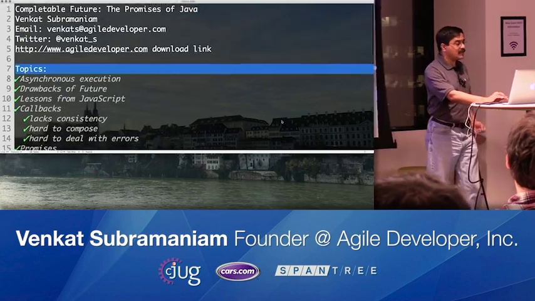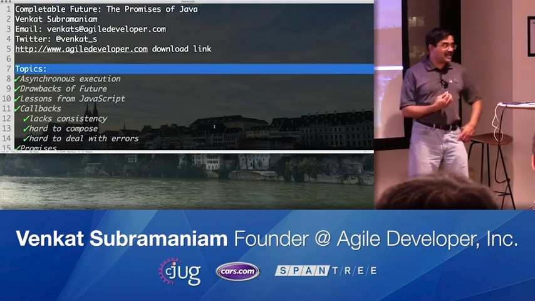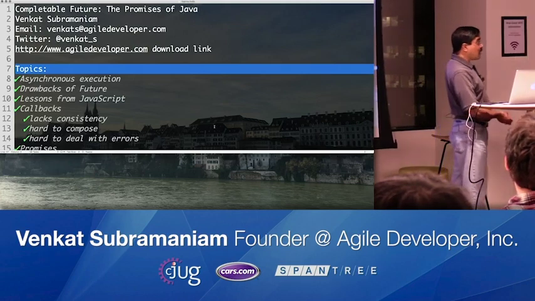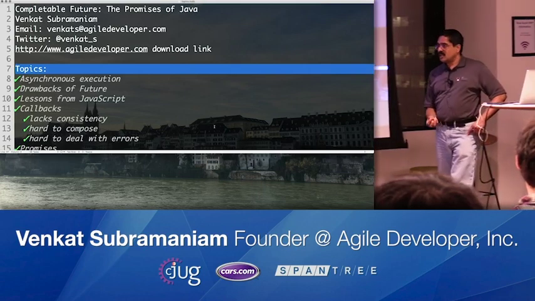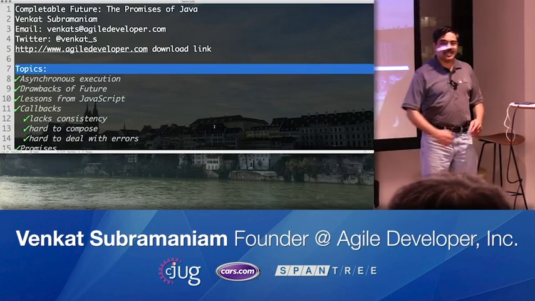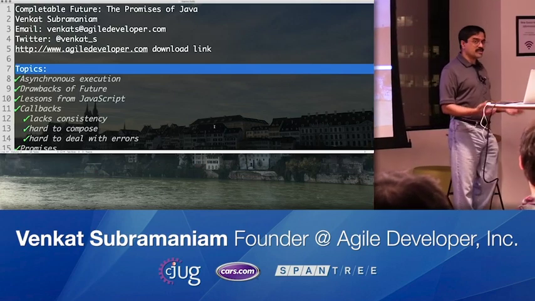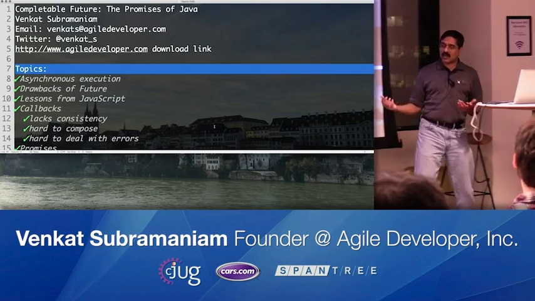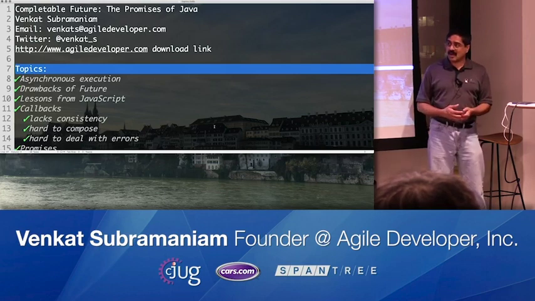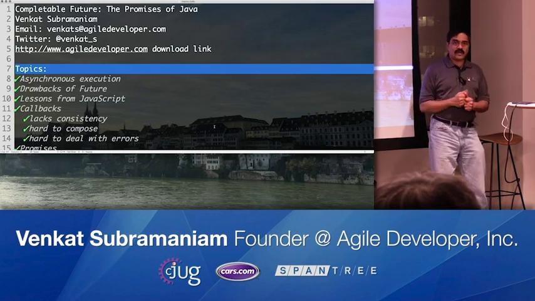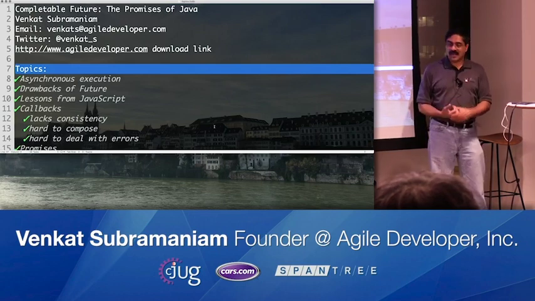So let's review what we did. We talked about the nature of the computation. We are interested in asynchronous operations. When it comes to these, you really want to do non-blocking calls. It's like you want to make a call to a service. This is so true in the world we live in, isn't it? For example, you may want to talk to a microservice. From one microservice to another, you want to send a message. Obviously, you don't want to block and wait on it. You want this to be completely non-blocking and asynchronous. You fire off a request and say, hey, go do this. When the response comes back, do something else with it, and you can move on.